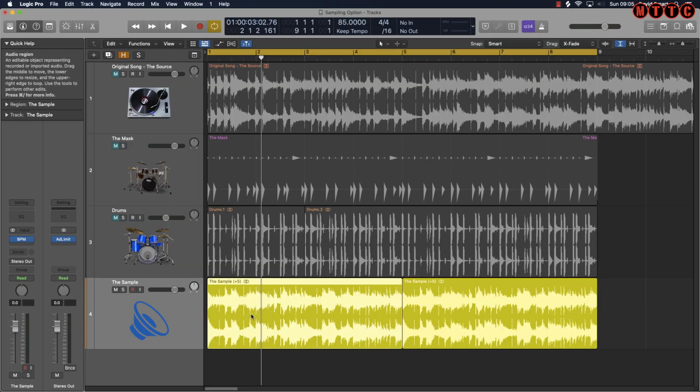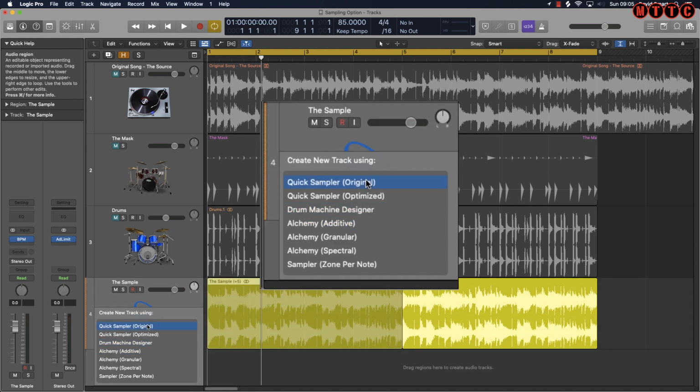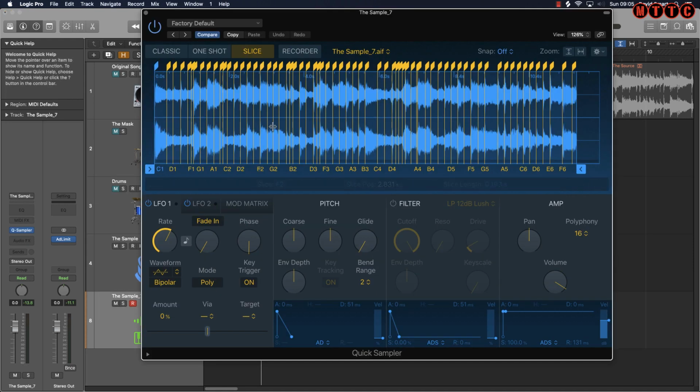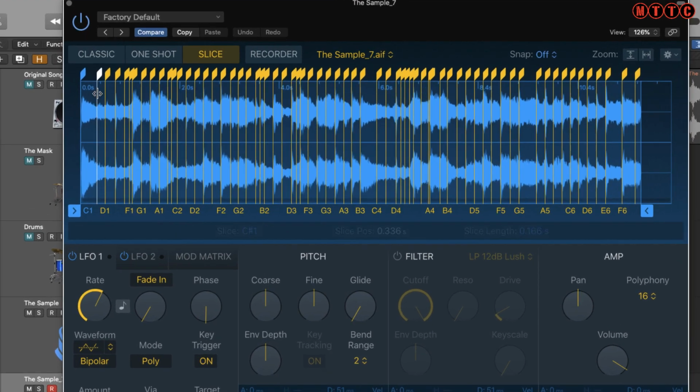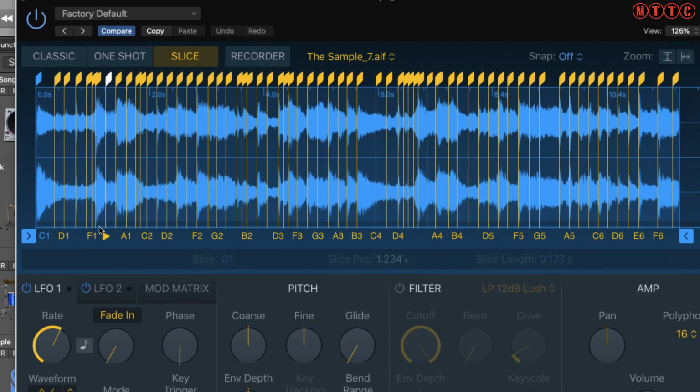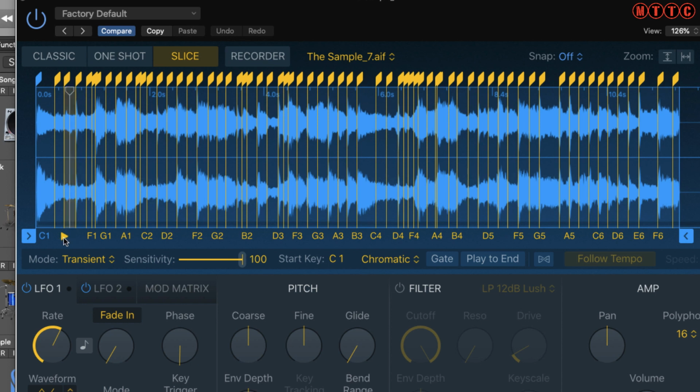This time we're going to import our sample loop, which we grabbed from the old school R&B track, and we're going to drop that into the quick sampler, and we're going to use the optimized option. So here's our sample waveform in the display, and as you can see, it's been split up into slices, and the position of each of these slices is determined by transient information. So if I was to press here, that's the length of that sample, and then this one.